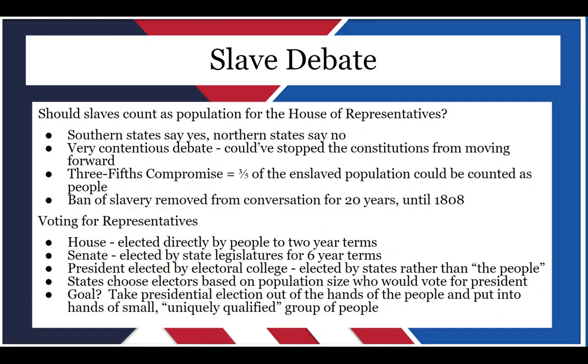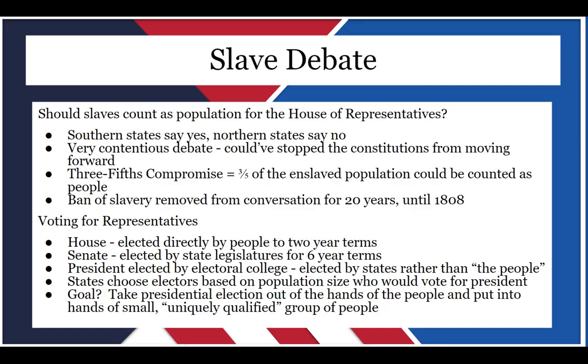Additionally, they decided to hold off on the ban of slavery. And when I say ban of slavery, I mean the ban of the slave trade. There was some discussion about whether or not the United States should ban the slave trade overall. And essentially, they kicked it down the line and said, okay, in 20 years, we'll ban the slave trade. And I want to clarify that this is not the ban of actual slavery. Perhaps the way I wrote this on the screen is a little bit confusing, but they didn't mean get rid of or abolish slavery. They meant get rid of people bringing in slaves from other places or importing slaves in Africa.